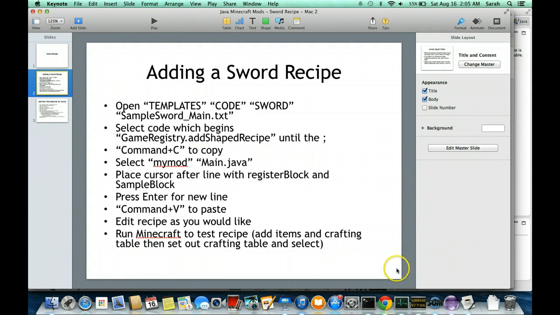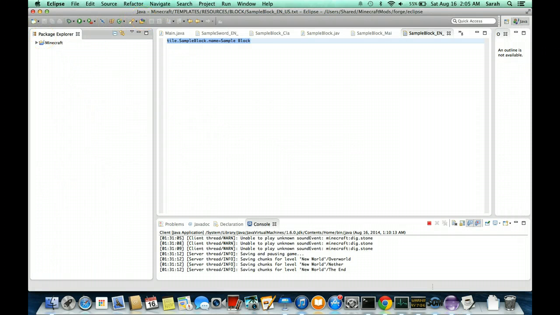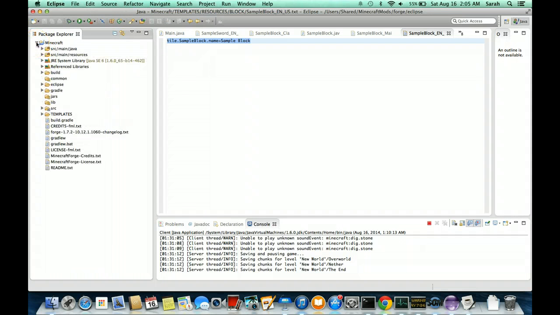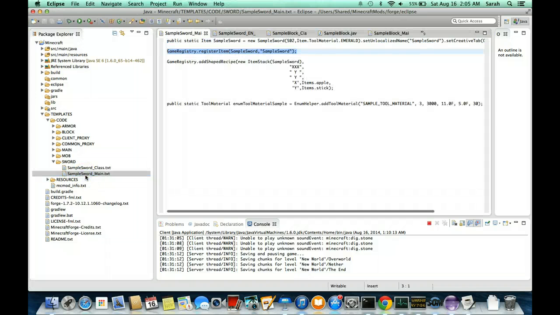Okay, so we're going to add our recipe using our templates. I'm going to go back to Eclipse. I'm going to close everything back up, make it nice and neat. Then I'm going to open templates, and we're going to go to code, sample sword, inside of sword, sample sword, underscore main.text,